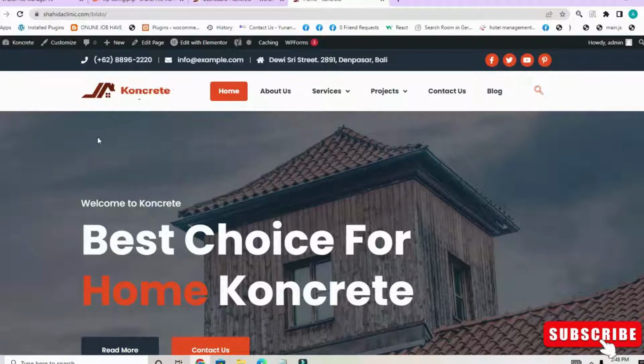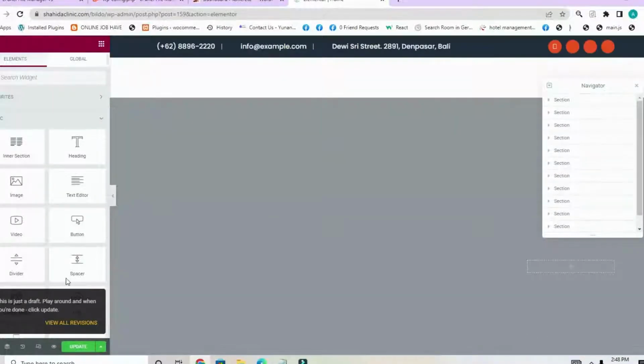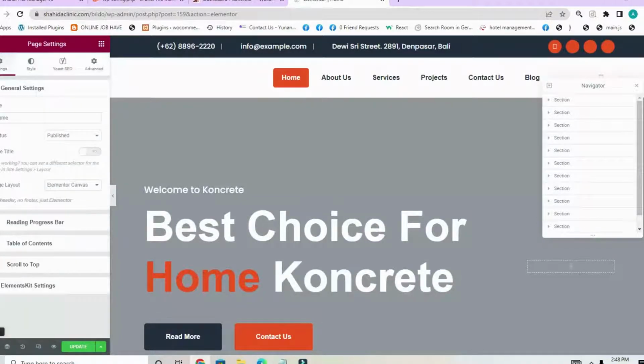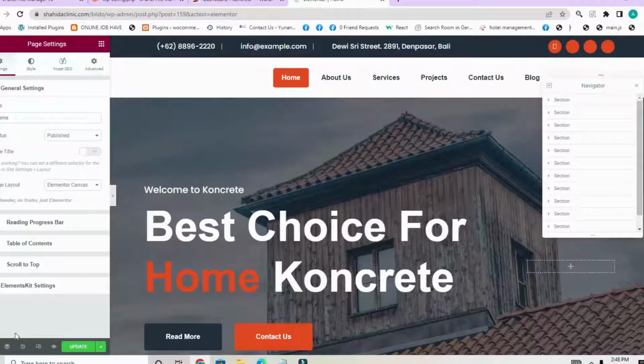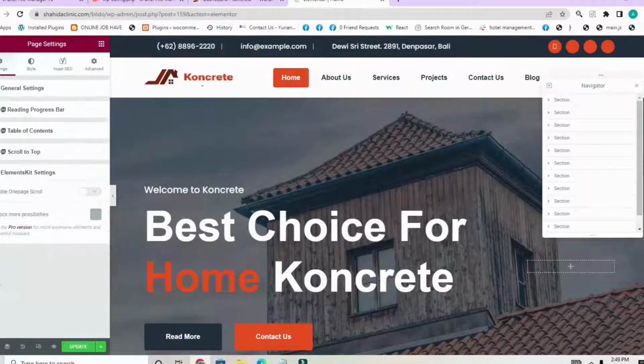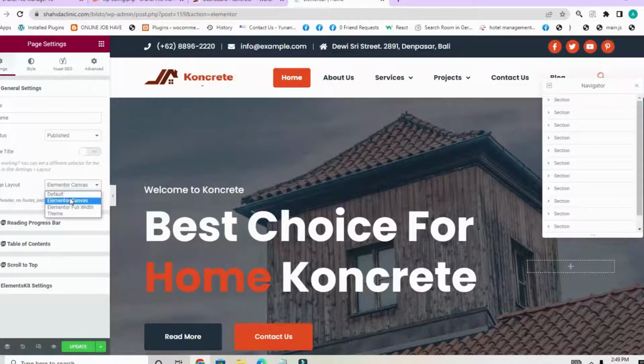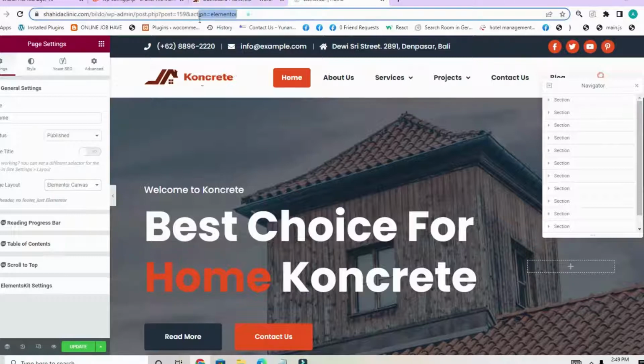First of all, we go to edit with Elementor. And first of all, go to the settings menu, make sure your page layout has been set with Elementor Canvas. It has been set with Elementor Canvas, and then go to updates. And second step I will tell you,